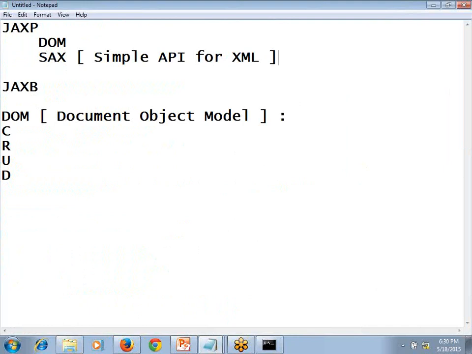It's a sequential execution. It will not get the data into your